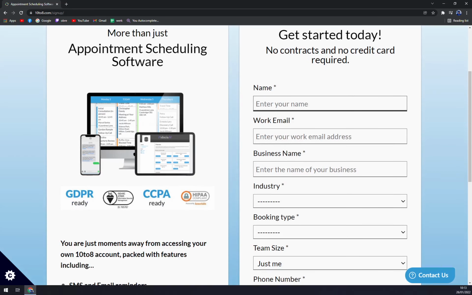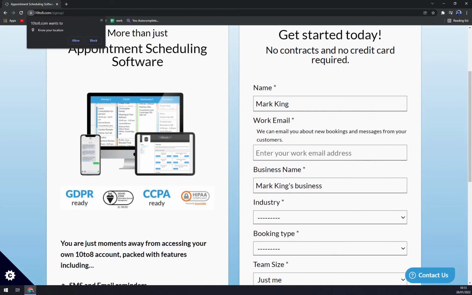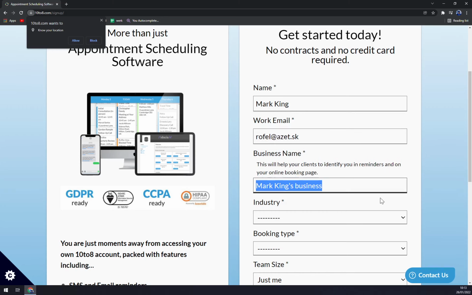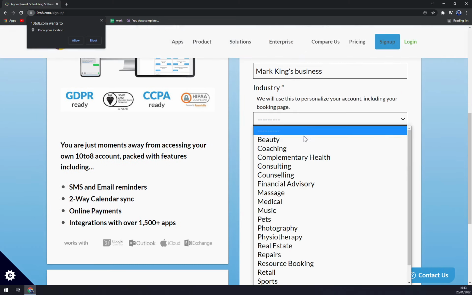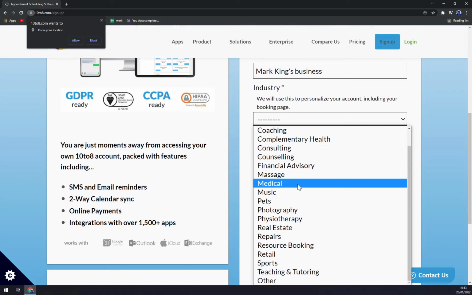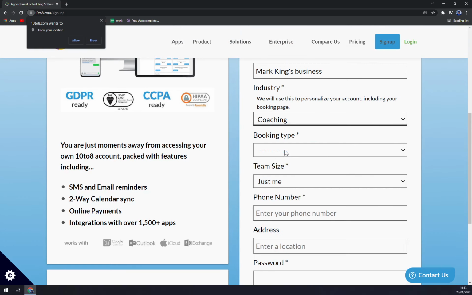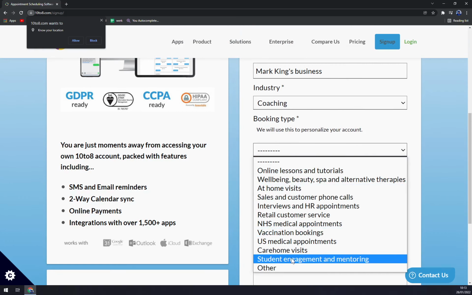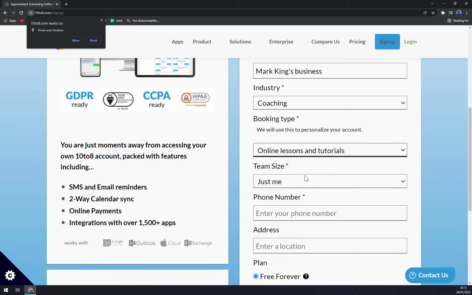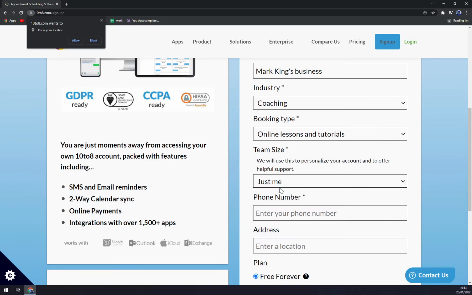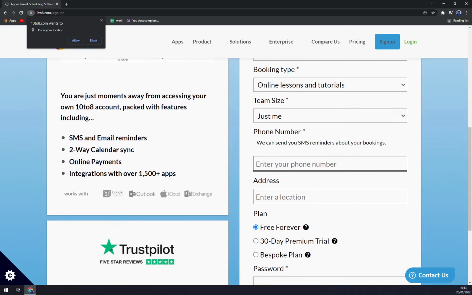Enter your name. Let's go with Mark King. Work email. Let's go with the one for tutorials. Business name is okay. Industry. As you can see, there are tons of options to basically fit in. Let's go with coaching. Booking type. Let's go with online lessons and tutorials. Team size, it's just me. Phone number, as you can see,